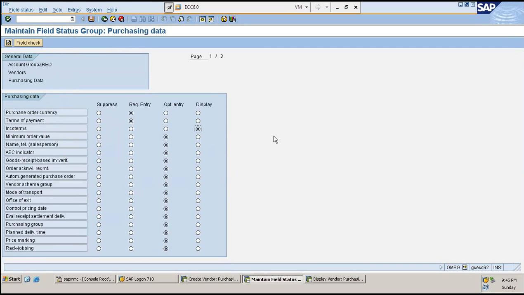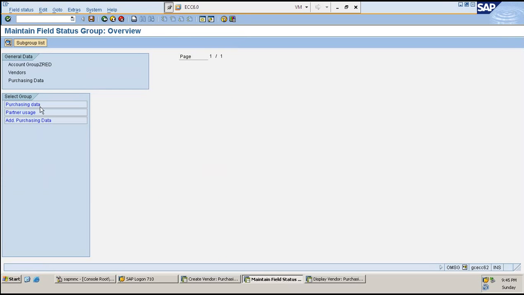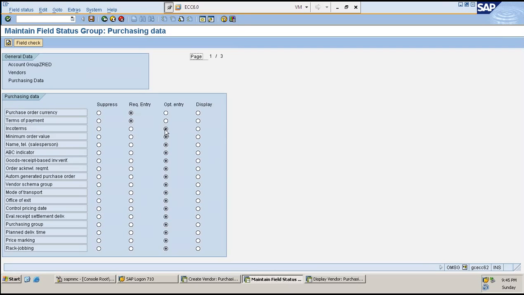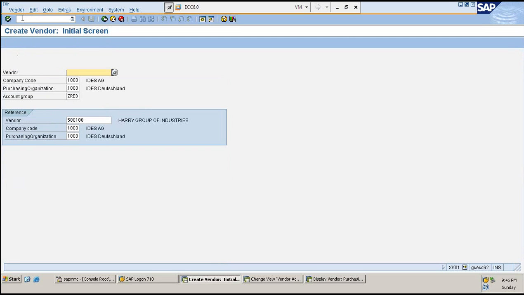The way it is coming is absolutely perfect. The reason why it is not coming is because it's in display mode. If I put it into optional mode, I'll show you that also. Wait, I'll save it across. I'll put it in optional mode here. See this? For Incoterms, I'll put it in optional mode. Now I'm going to replicate it across again. /n xk01. The new vendor number will be 101.